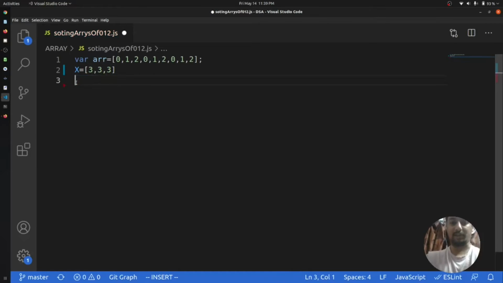Let me visualize it: 0 is 3 times, 1 is 3 times, and 2 is 3 times. In my new array I will push 0 three times, 1 three times, and 2 three times, and at the end this array will have the sorted version.